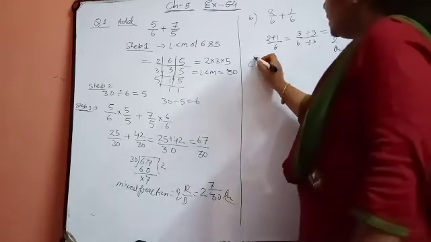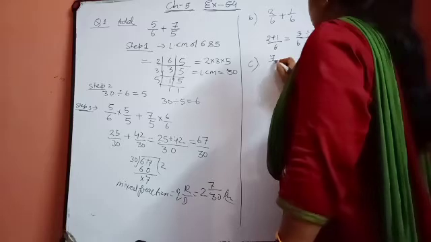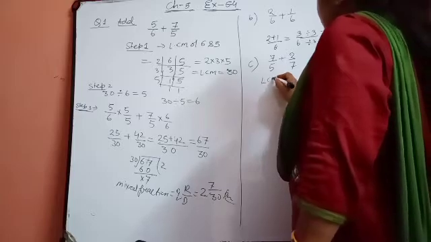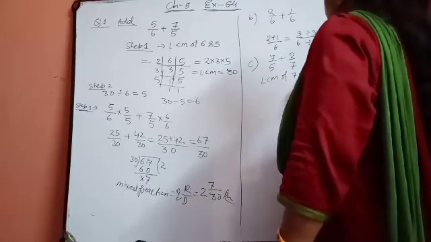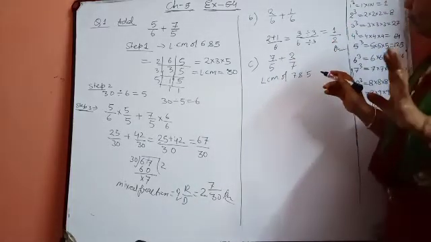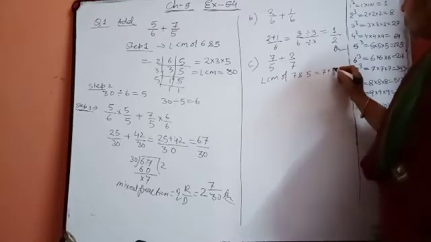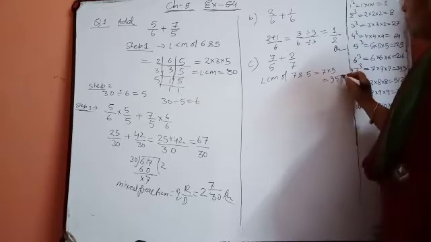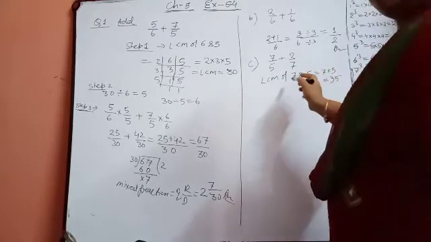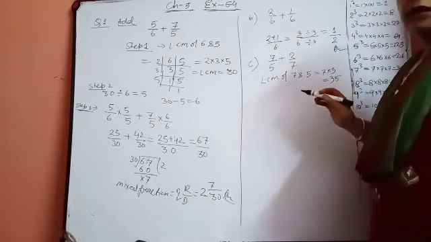Then part C, again see that. What is part C? 7 upon 5 plus 2 upon 7. Again take the LCM of 7 and 5. See that 7 and 5 do not have any common factor, so their multiplication will be the LCM. 7 fives are 35. It will not be always so; in the rest of the cases you have to take the LCM. But you can see that 7 and 5 are both prime numbers, so they will not have any common factor. So if you multiply them, that will be their LCM.